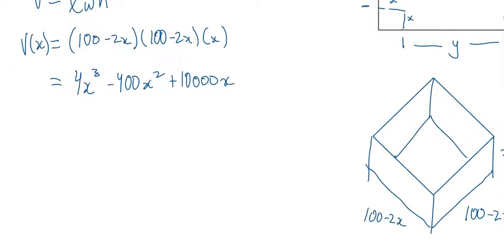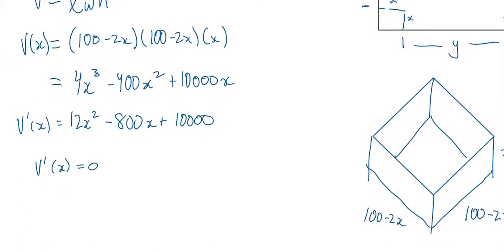What's next? Take the derivative. It exists everywhere, so we don't have to worry about that. You do need to think about it, but you don't have to. But in this case, we don't have to do anything about it. So when v prime equals 0,